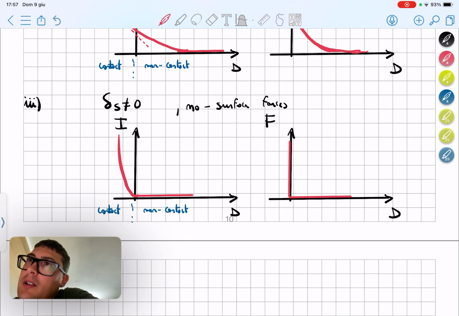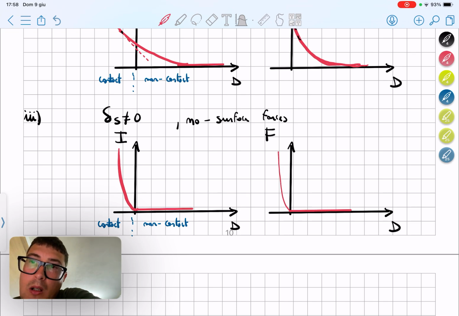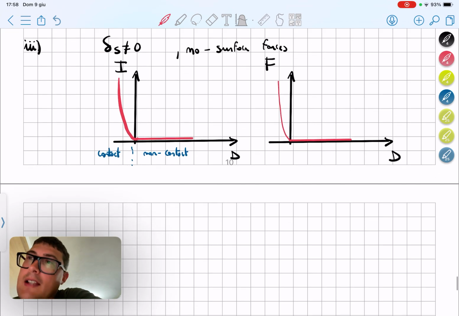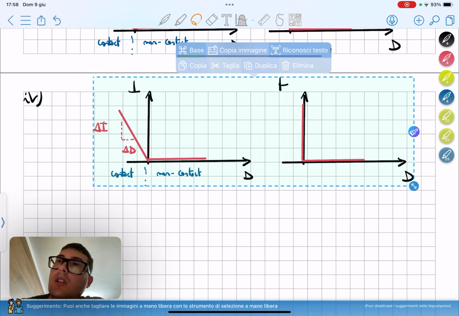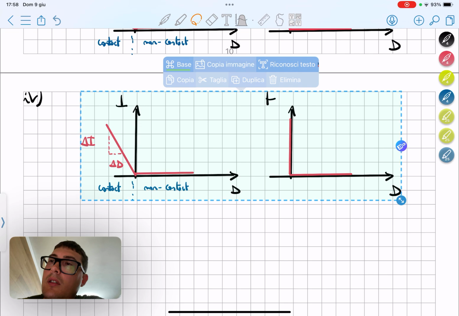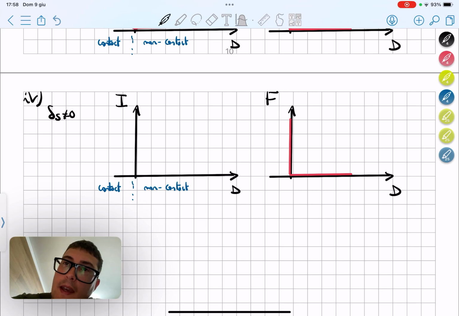And also for the force distance curve, it's something that is going like this. And lastly, but not least, the case in which everything is switched on. So we have both delta S different from zero and